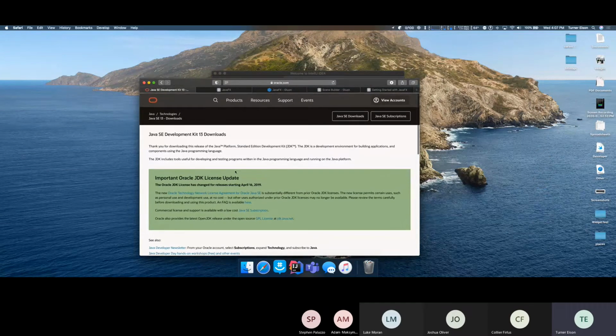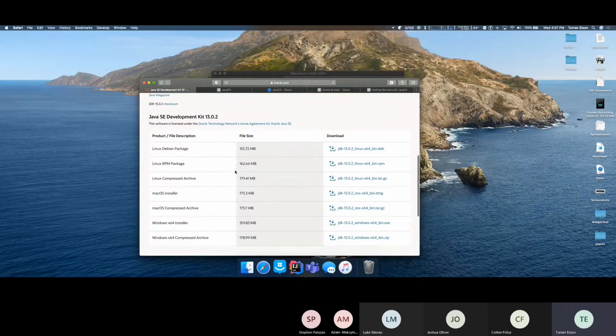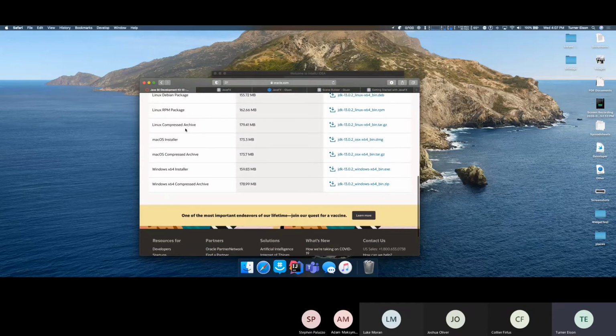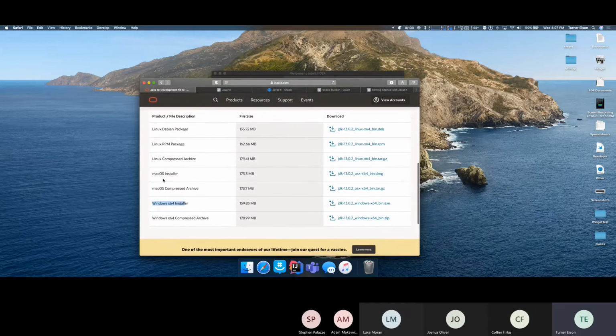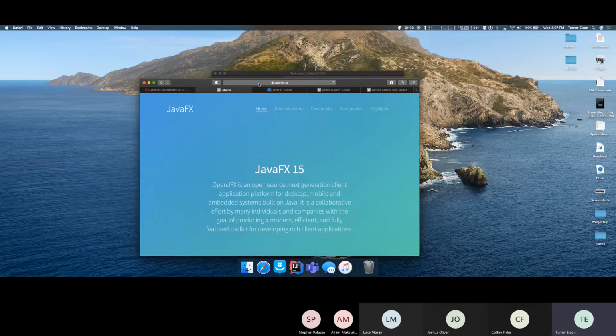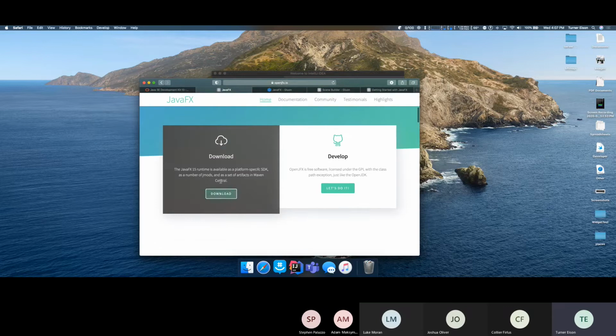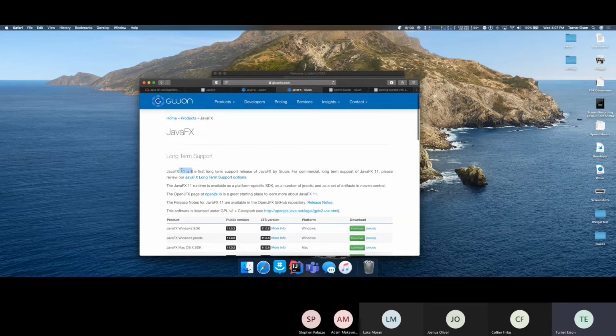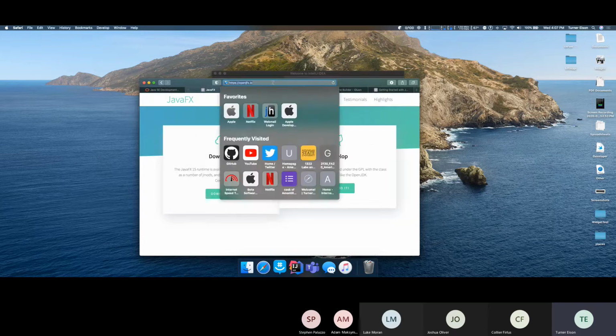So at this point, I asked you guys to already have the JDK 13 downloaded. Whether you are on Mac or Windows, just double click on the installer, it'll do its thing. That's not the hard process. So for JavaFX, we're going to be using the main version, whatever the long-term version is, JavaFX 11. So what you're going to want to do is go to